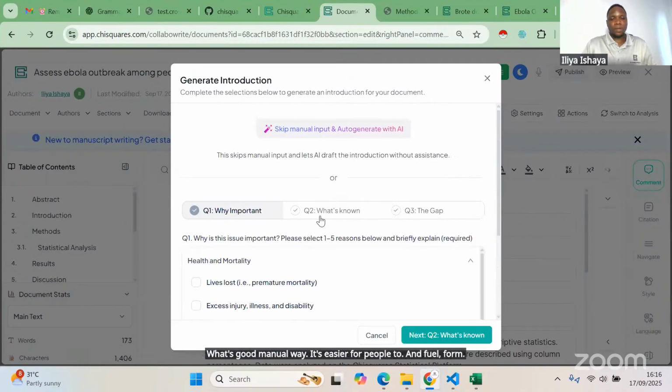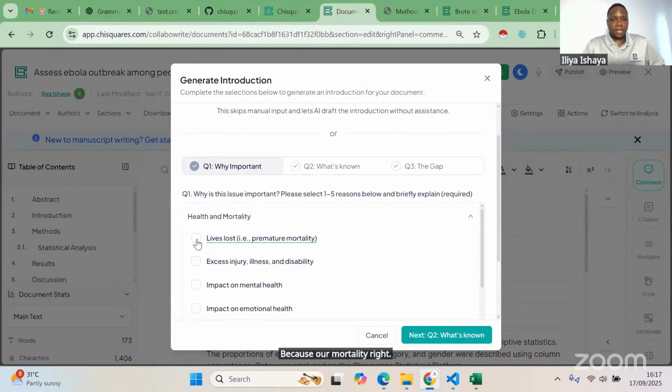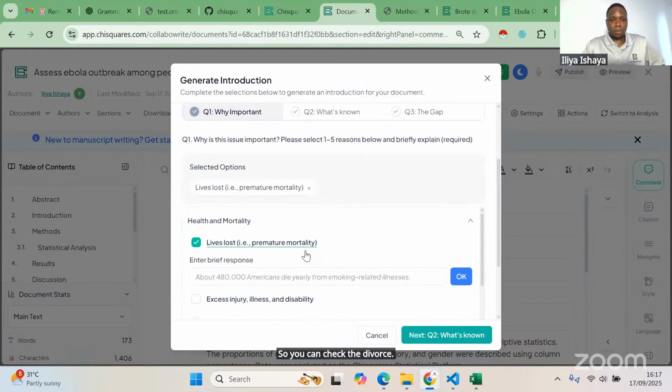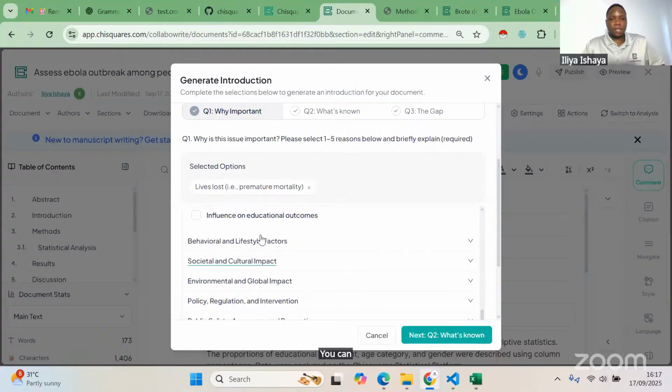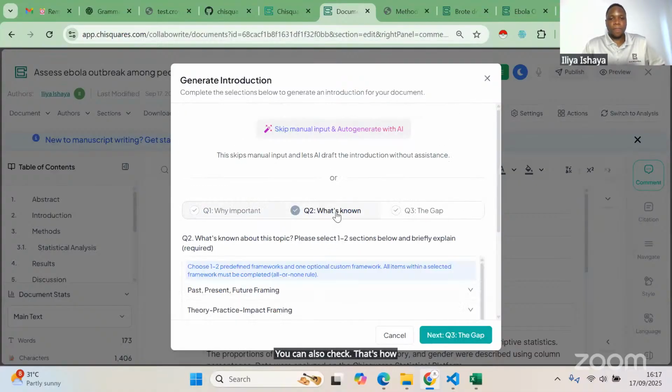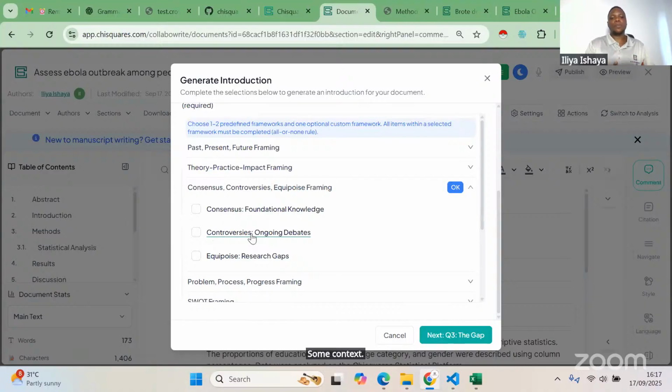So we separate the introduction into three aspects: why important, what's known, and then the gap, right? So why is it important? Is it health and mortality, right? So you can check the box, right? Then enter just something here, a brief description. And then if you want economic impact, you can also check. That's how you can provide some context, and then AI will help you generate a robust information based on what